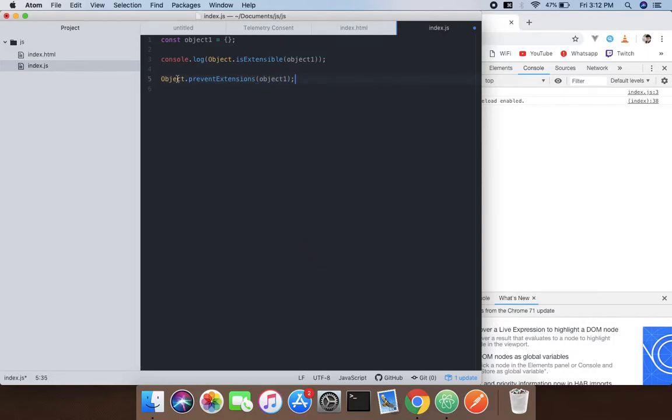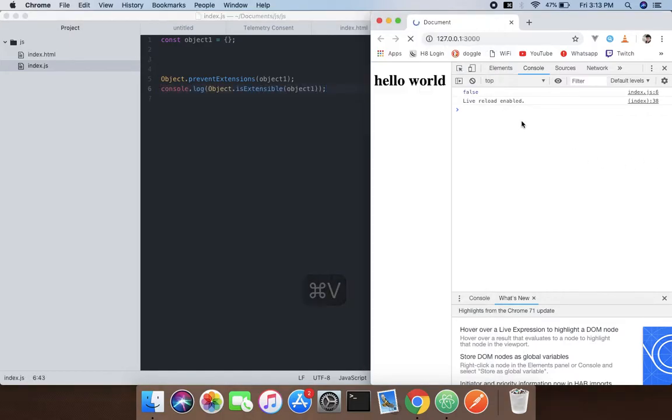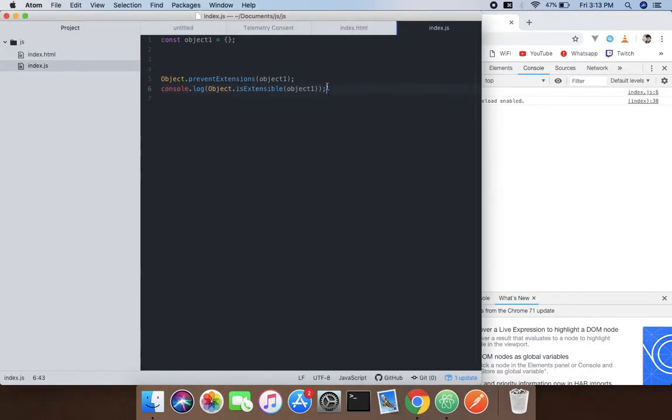So what this method does is, after you use it, the object is not gonna take any properties. So if we log it after that, it's gonna say false, because it doesn't have the ability to